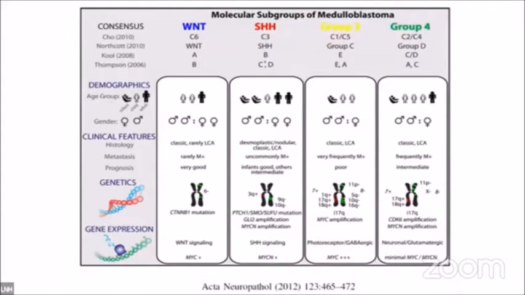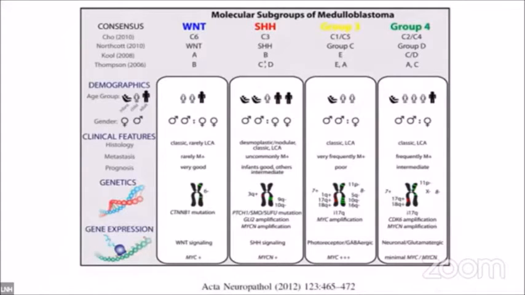Now, these are based on demographics as well. If you look at the WNT group, the most common finding was a loss of chromosome 6, and there was a proliferation of MYC proteins. It was named after a pathway, and because of the problems coming in this pathway, such as monosomy 6, this pathway was affected, and all those groups in which this pathway was affected produced this one group. That's why it was named WNT.